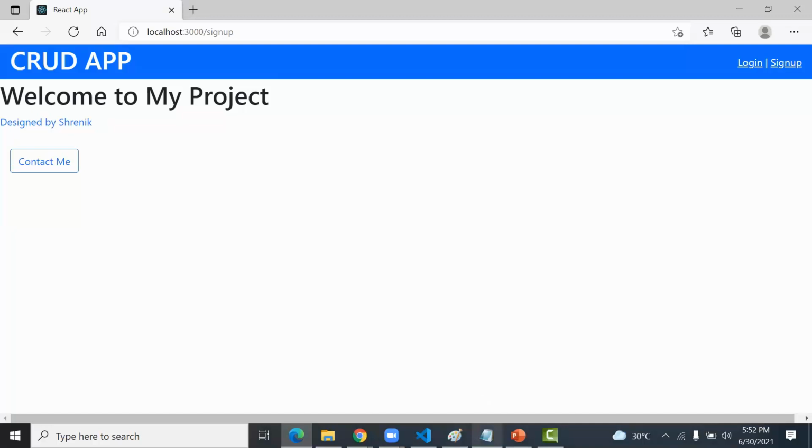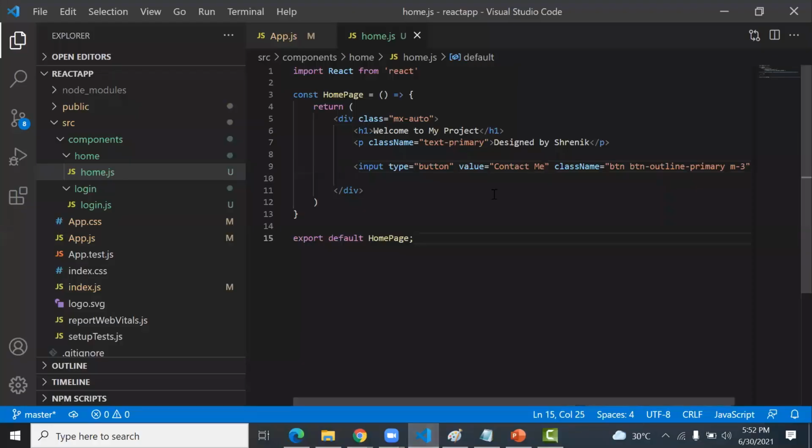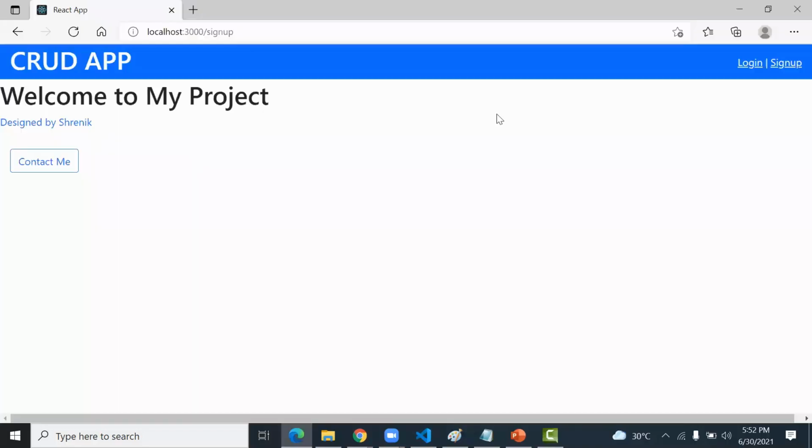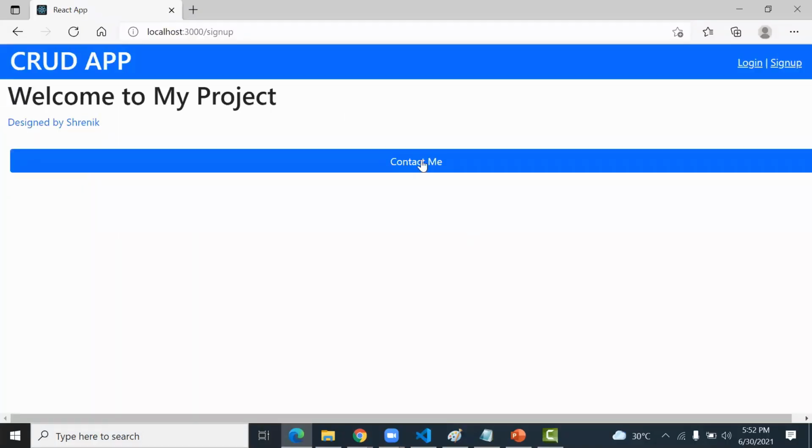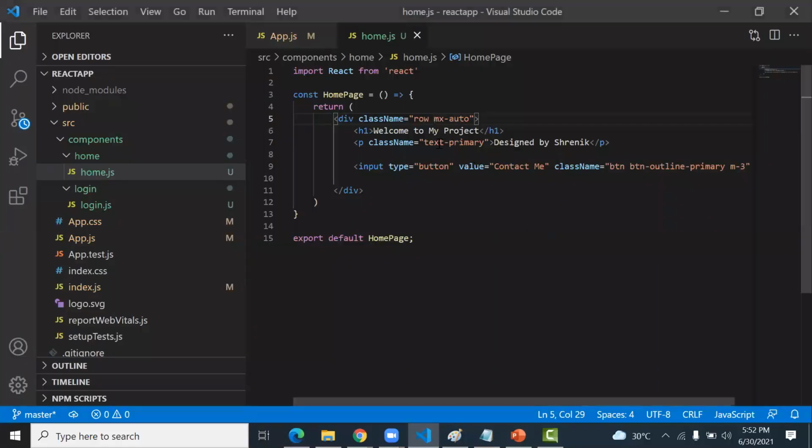But I want all of this in the center of the page. So to do this, I type className text-center.